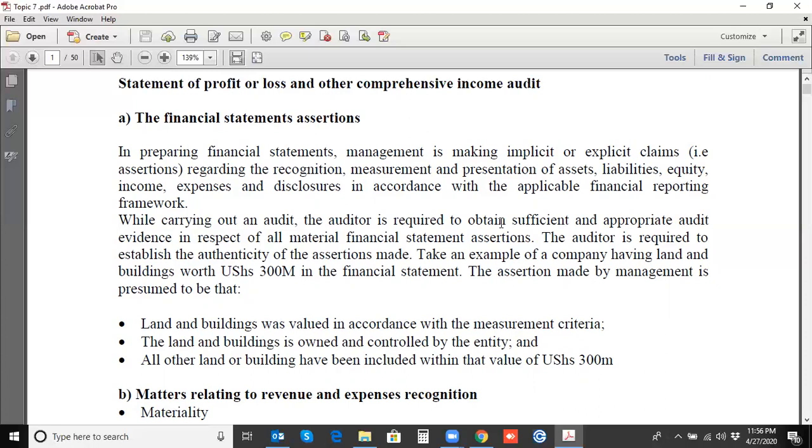Whereas on the other side, the balance sheet or the statement of financial position, we're dealing with assets, liabilities, and equity. Among the assertions applicable is completeness, basically to make sure that all assets, all liabilities, and all components of equity have been recorded in the financial statements as of the reporting date. The other assertion that we have is valuation, which is the equivalent of accuracy on the statement of profit or loss and other comprehensive income. We're trying to make sure that these assets and these liabilities have been recorded at the correct values in the